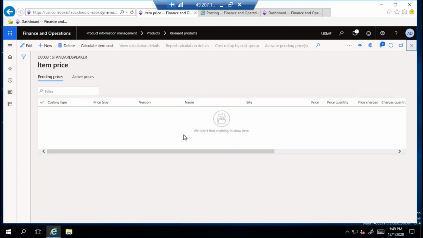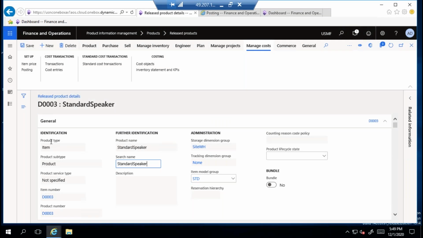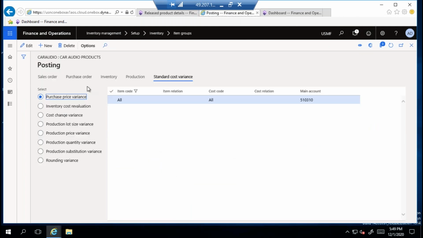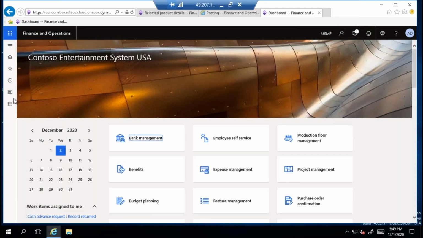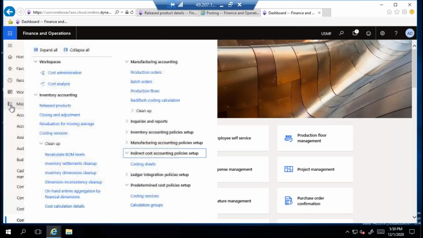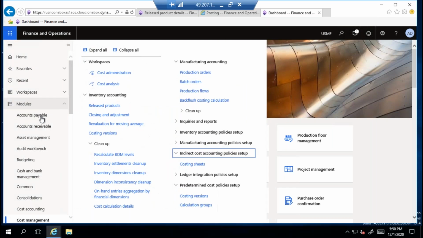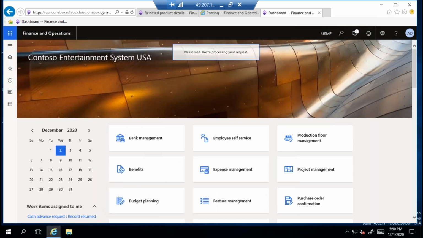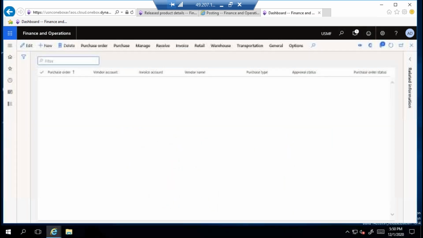Okay. So for this item, item D003, what I'm doing now, I will create a purchase order. And then I will show you the variance will be posted. Of course, this is a mix of all modules. One is logistics,